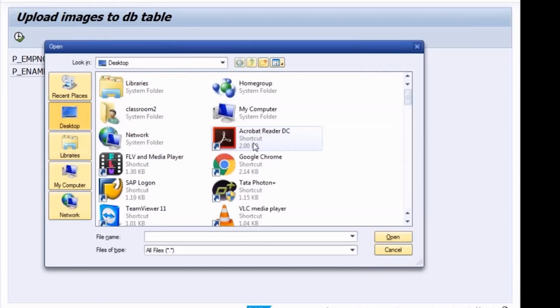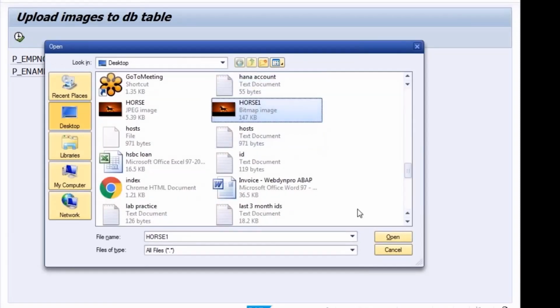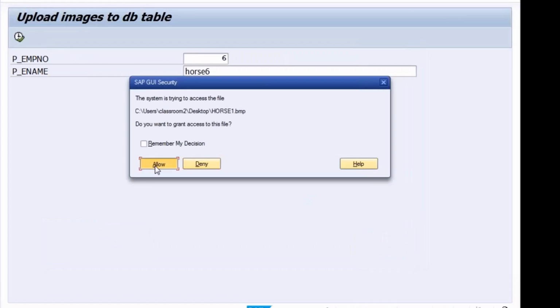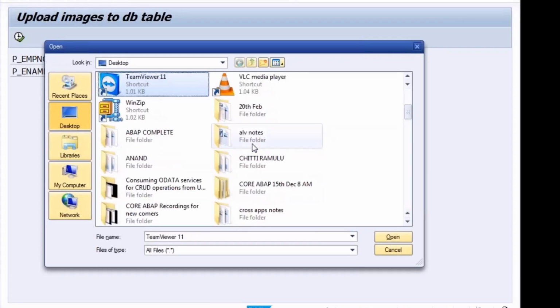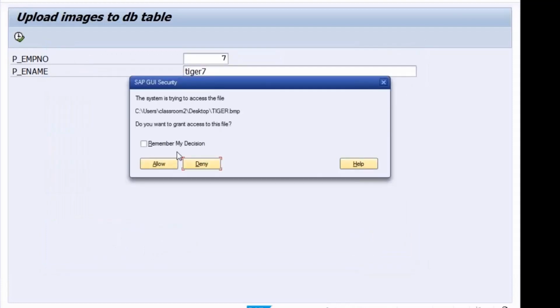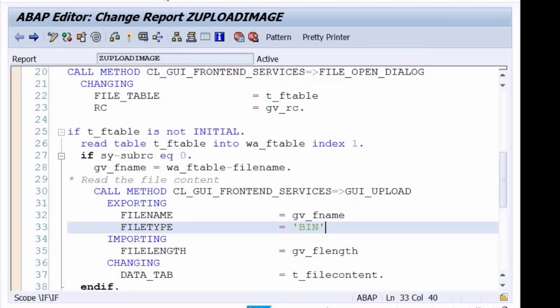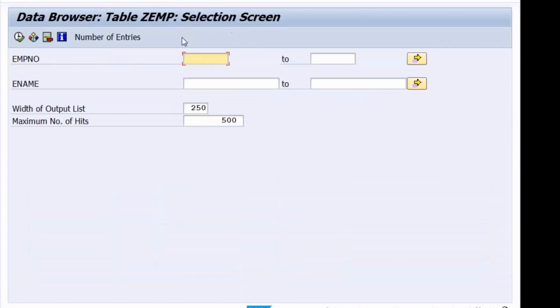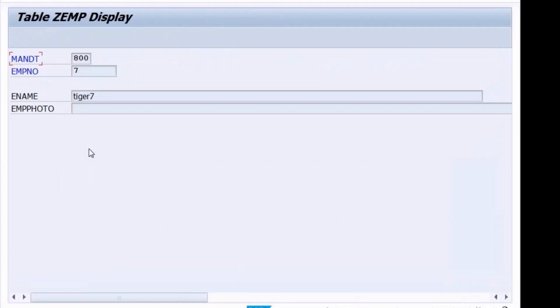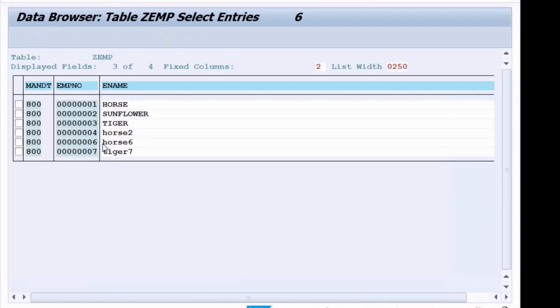Execute this. Let me check the table once. Why is it not showing the data? That's what I am trying to understand.